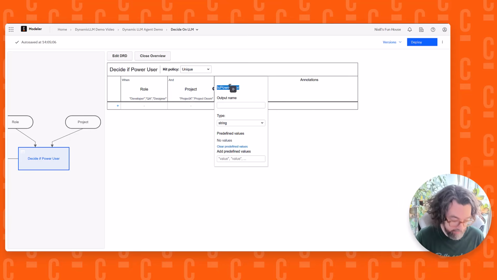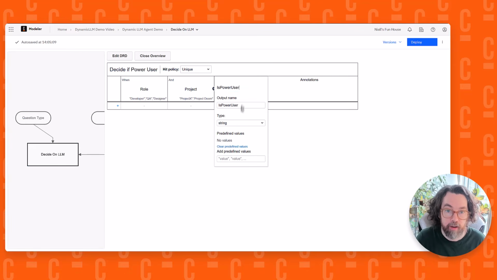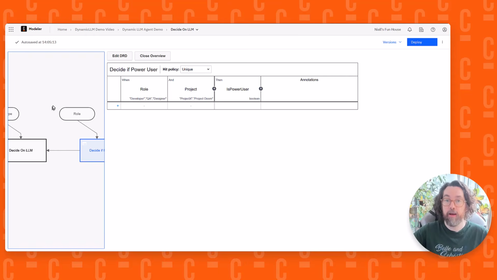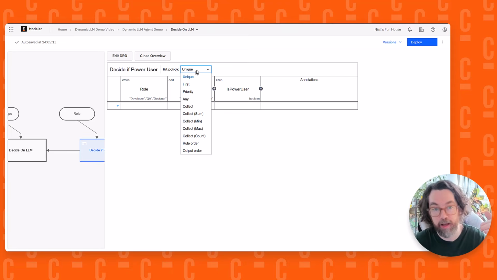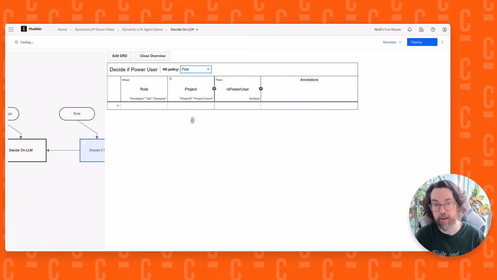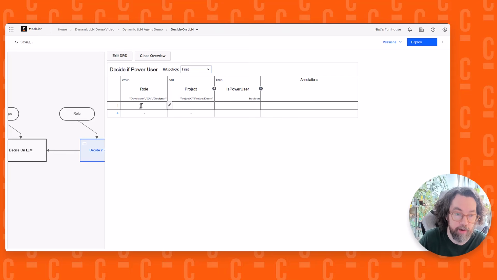So this is our Boolean value. This will be returned and then given to this thing here. And this is going to be a Boolean. There we go. So now we have our inputs and outputs. The next really important thing is actually up here, the hit policy. This determines how frequently, how many rules match. So unique means that only one rule is allowed to match, but first means the order is important. So it'll go through each rule one by one, and it'll validate them in order of how they appear